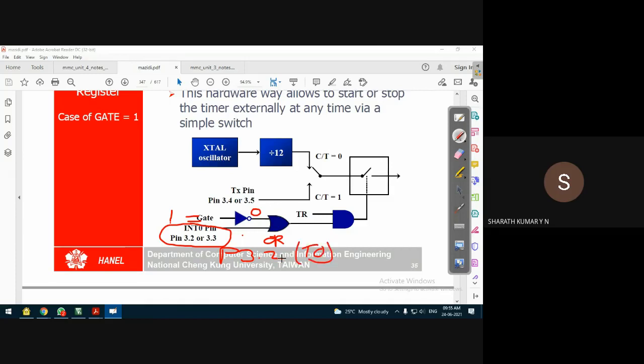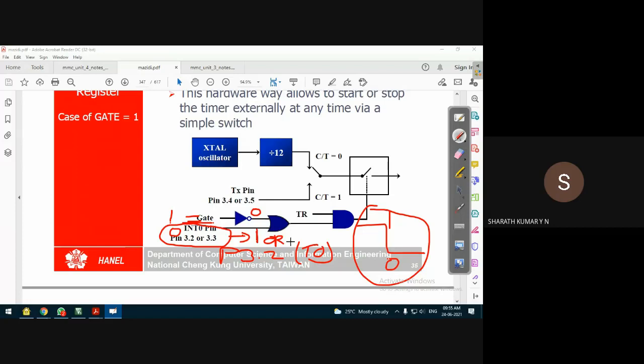If this pin is 0 externally, since it is an active low signal, internally it is taken as 1. That means when it goes from high to low, it is an active signal. It will trigger the circuit. So when it is 0, the effective pin is 1.